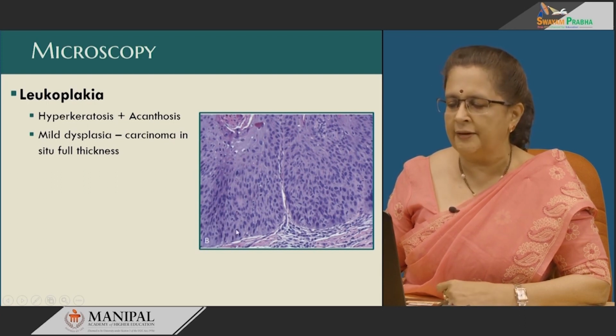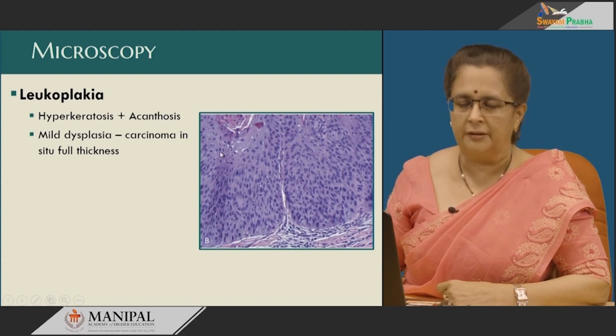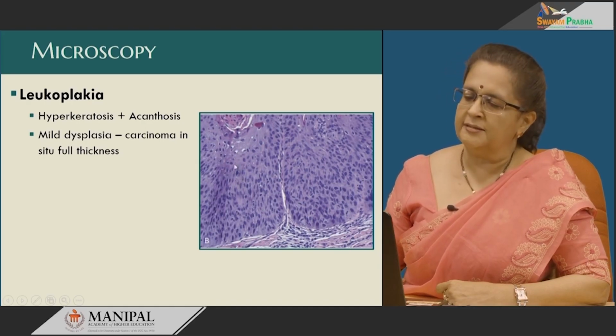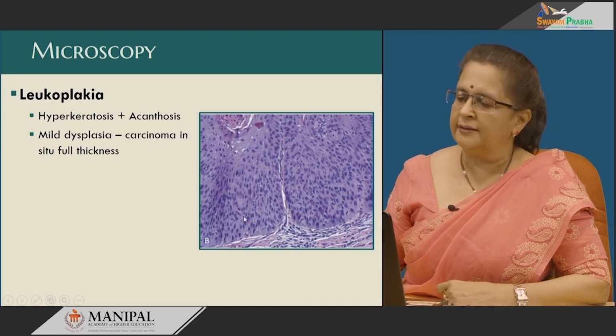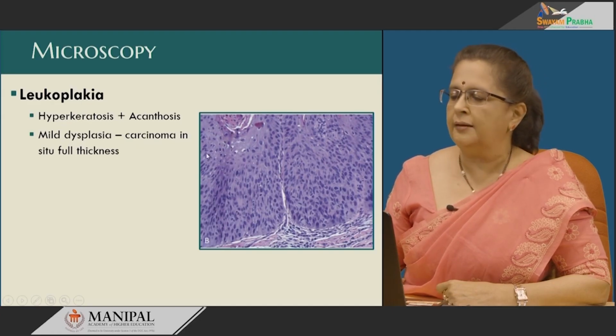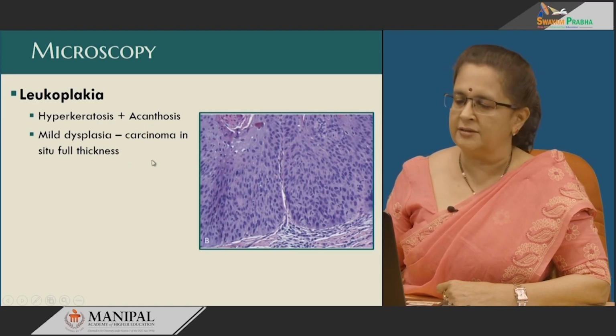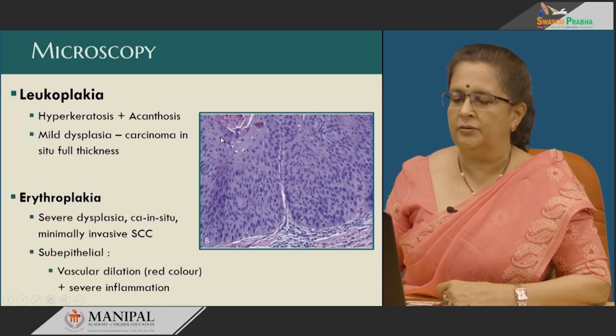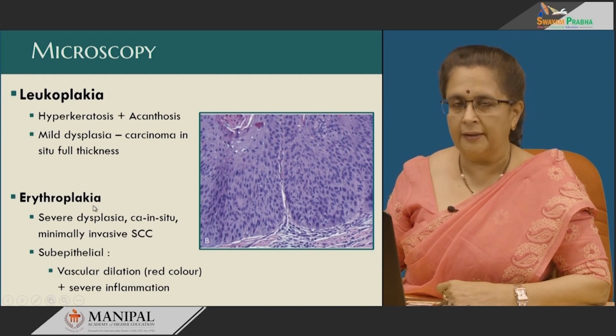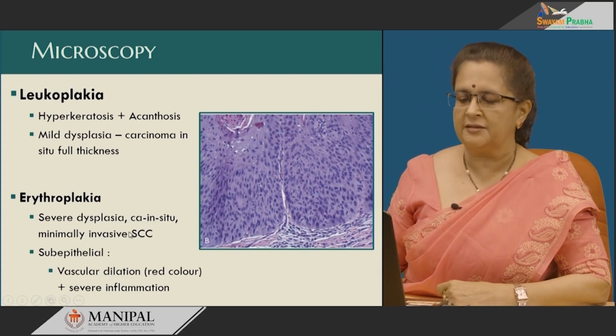Now, the dysplasia, it depends. If it is in the lower third, then we call it mild dysplasia. That means it is maturing further. Lower 2/3 we call moderate dysplasia, that means the superficial layers are mature, and full thickness dysplasia can also be seen. Now, a pre-malignant lesion with no disruption of the basement membrane is known as carcinoma in situ. So, from mild dysplasia to carcinoma in situ we can see in leukoplakia, whereas in erythroplakia it is usually severe dysplasia. Sometimes it can be carcinoma in situ or even minimally invasive squamous cell carcinoma.